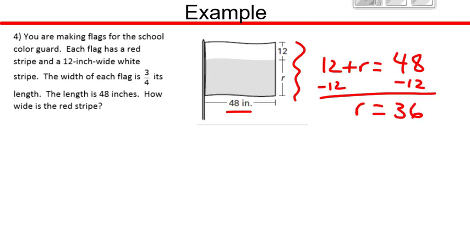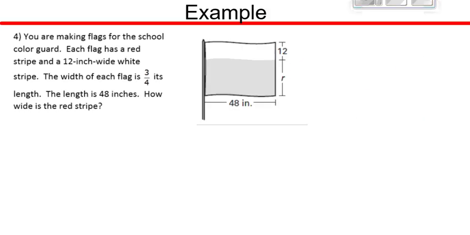So I want to go back and check and make sure that I did everything correctly. Okay, I'm going to back this up just a little bit because something is not sitting right with me. I think I left out some information here. I'm going to start this over because this 3/4 in the back of my mind has been kind of bothering me. So it says the width of each flag is 3/4 of its length. Well, my length is 48, so this has to be 3/4 of 48. So 3/4 times 48,